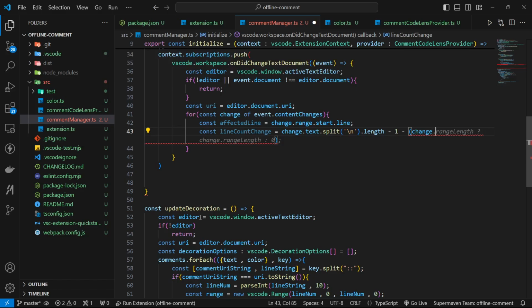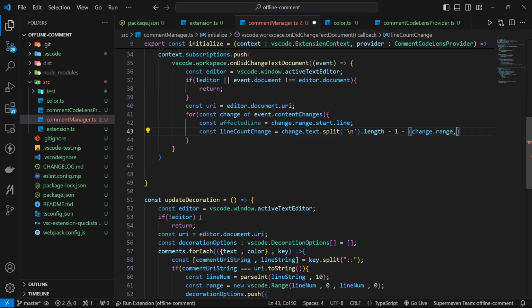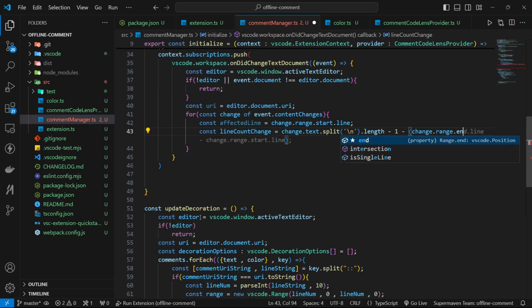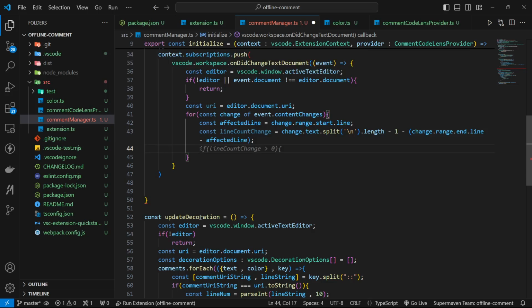Yeah, I want to do this range.end, because this is the end line that I want, and then I want to minus the affected lines from it. After this I will get the line count change, and if line count change is not equal to 0,